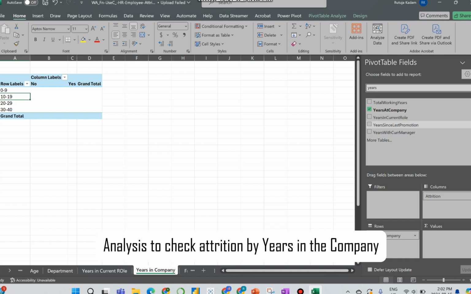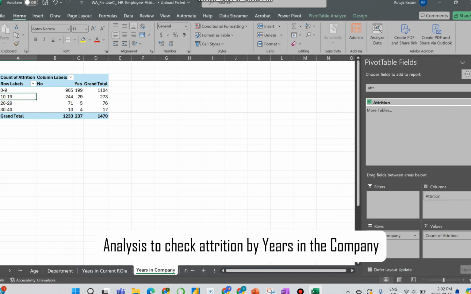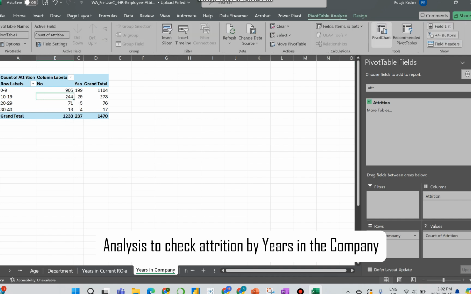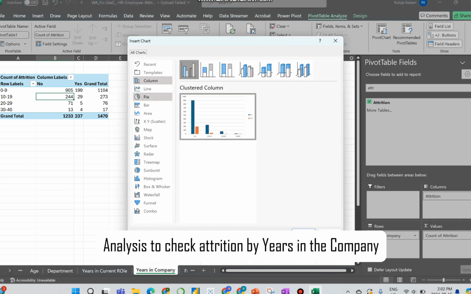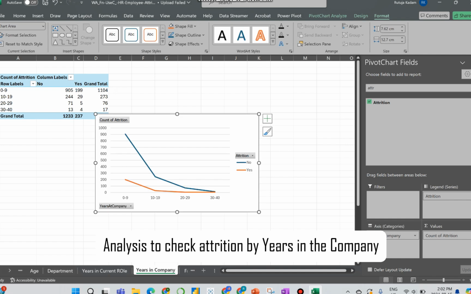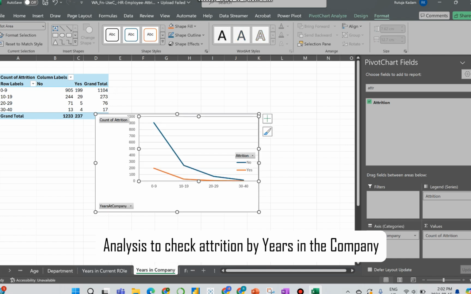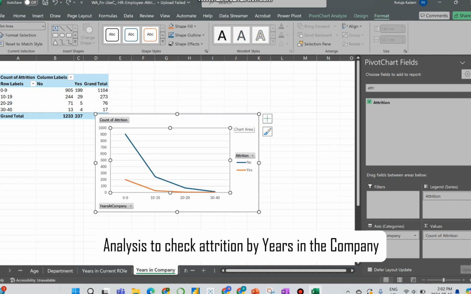And then again I'll add attrition to the values. Okay, so now we have our pivot table. Now we will go for the pivot chart. For this sake I'll use a line chart. I'll click on OK. Okay, so now we have our basic pivot chart and table ready for our analysis for